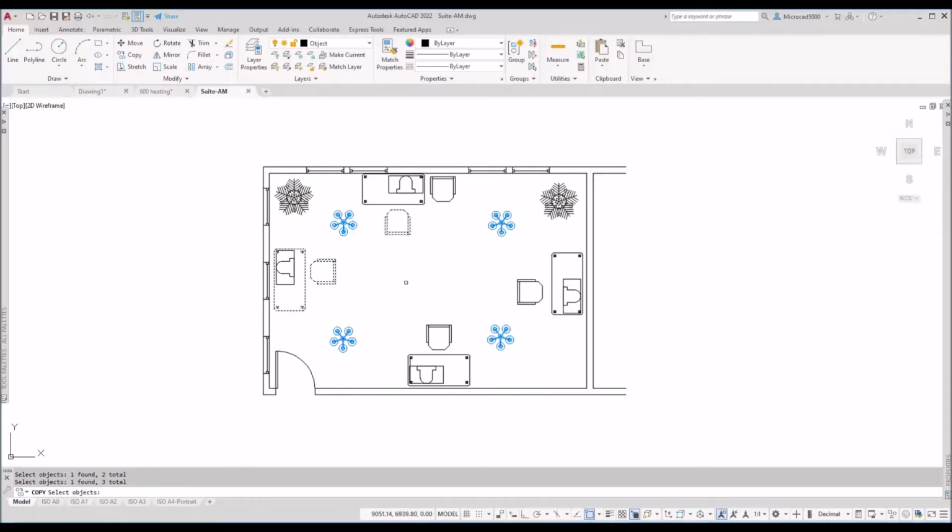Nothing new there at all. Okay. Now you might find that sometimes you go to pick another object, and it deselects the first ones. Now that's a variable called pickfirst. If I just type the word pickfirst,